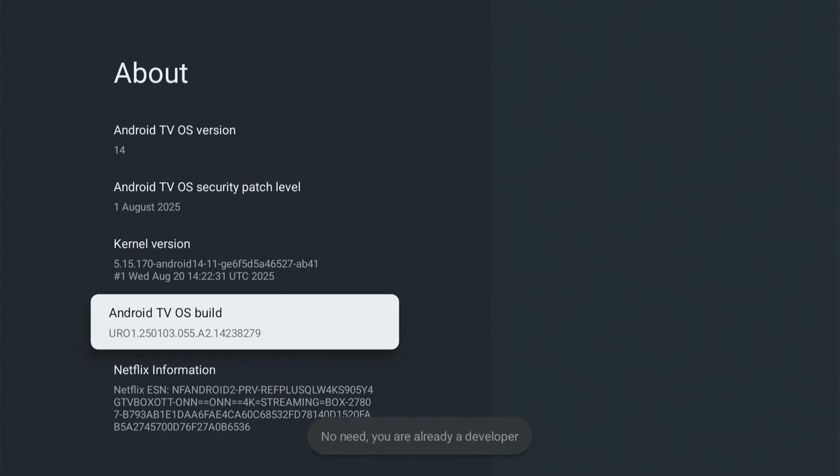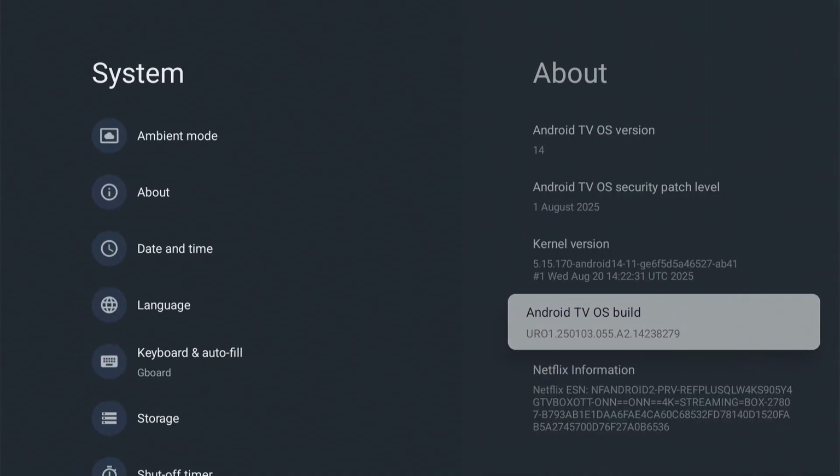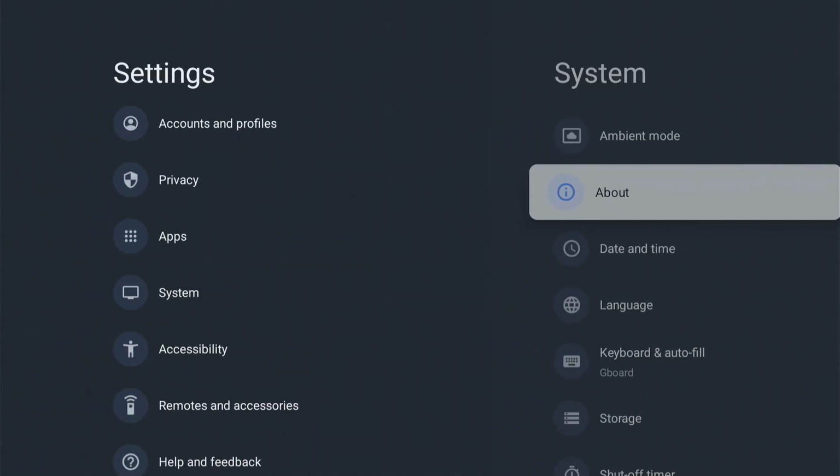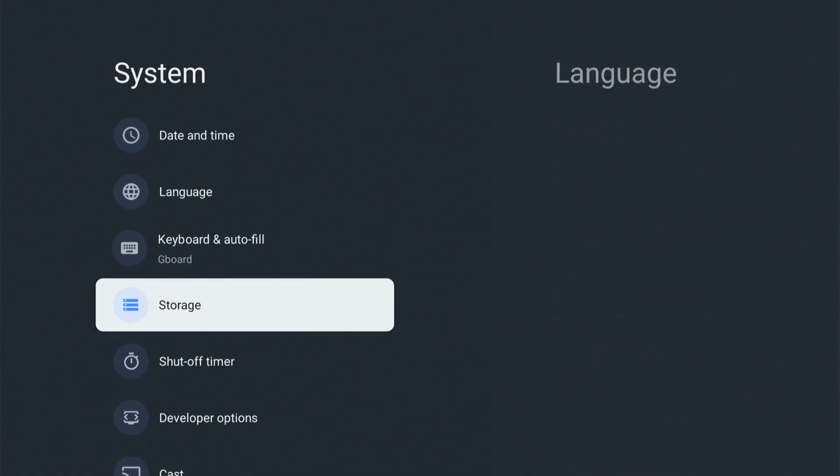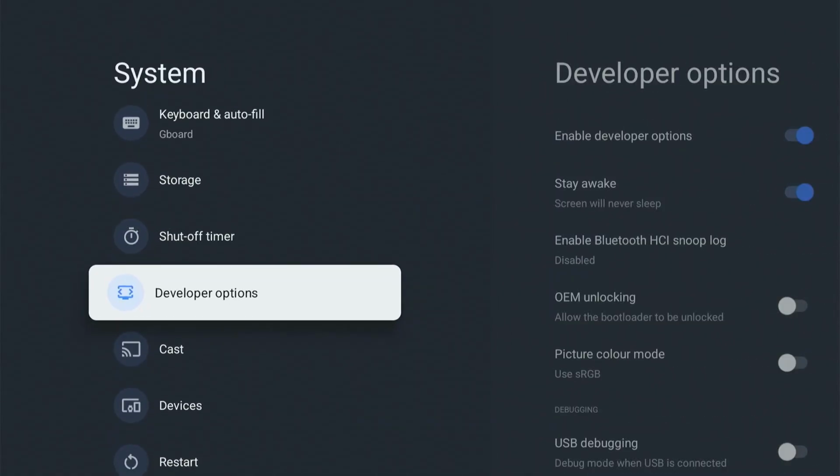1, 2, 3, 4, 5, 6, 7. Now that you have clicked on it 7 times, you find a message saying you are now a developer. So the hidden options will now be revealed to you under settings. Under system, scroll down this list and now you find a new option that was not there, saying developer options. So click on developer options,